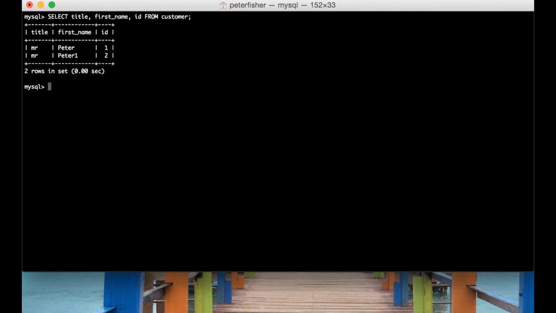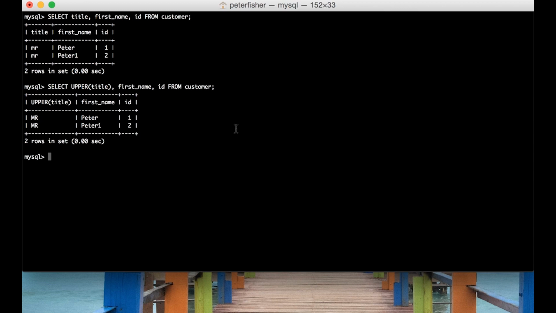I will bring that up, and we want to uppercase the title. So upper, and then put in the field name that you want to uppercase, so title, comma, first name, and then ID. And we are doing this from the customer table. So we enter, and we can see that